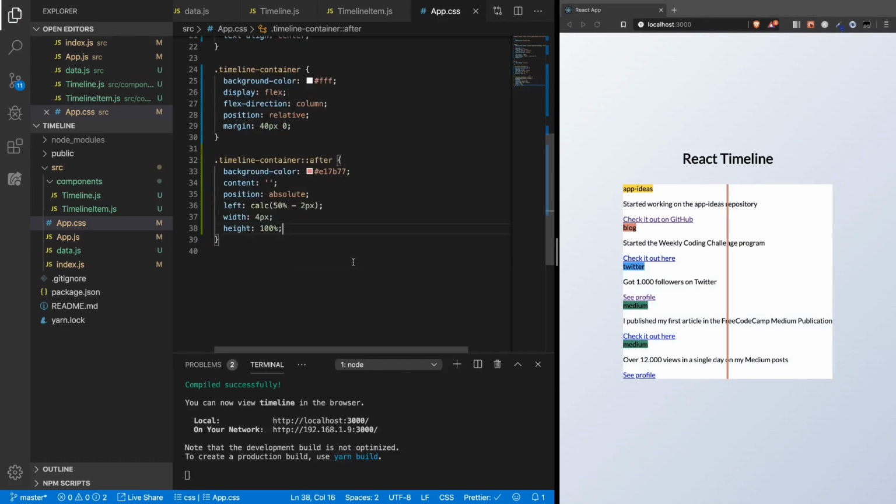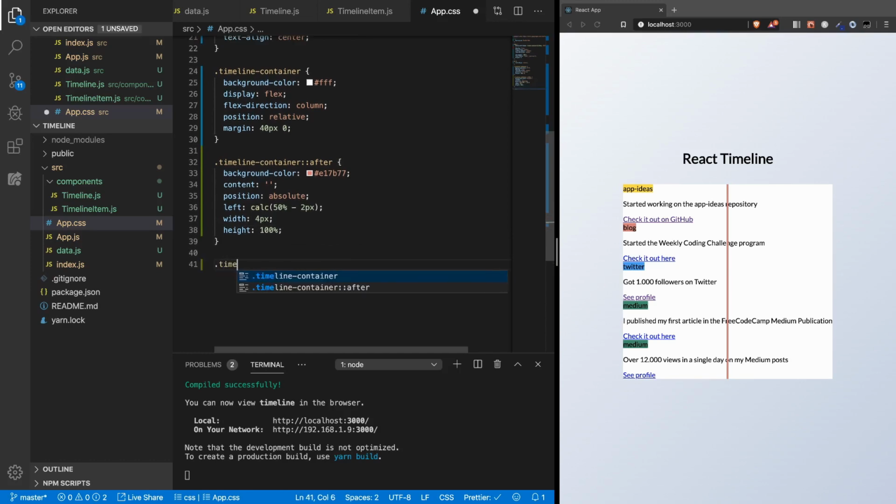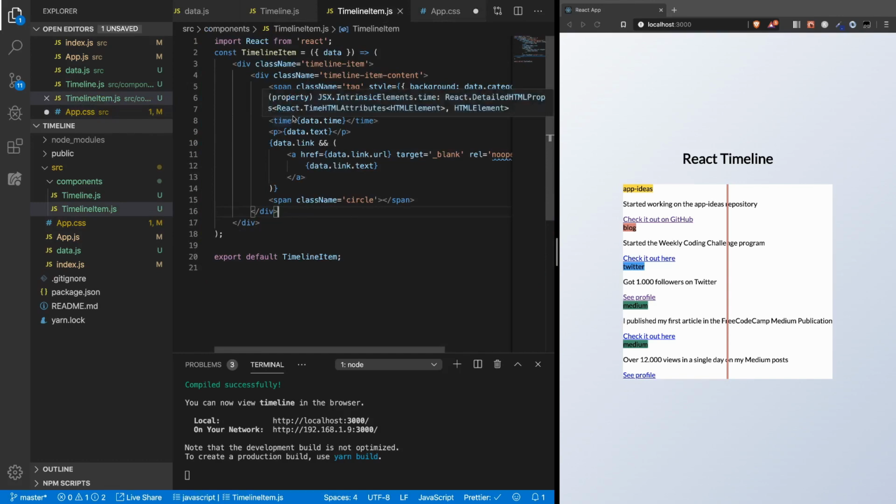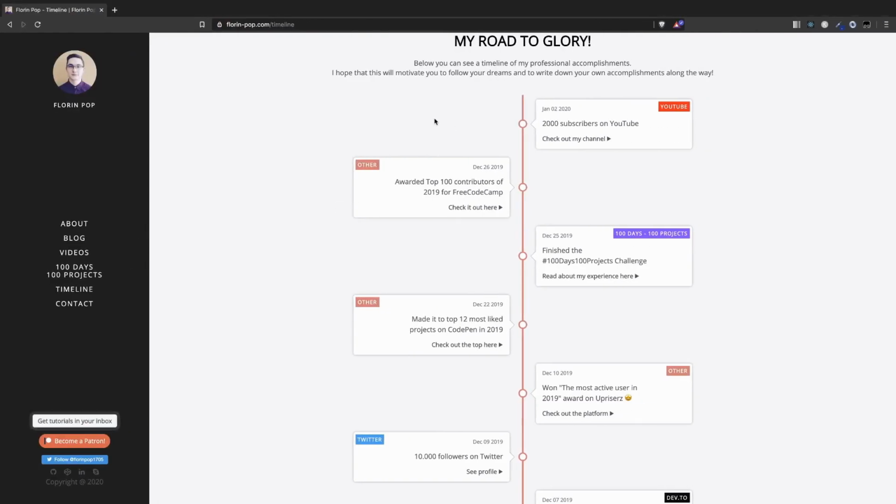Okay, now let's go to the timeline item. If you remember, here in the timeline item component, we have two wrappers. We have the timeline item and the timeline item content. And we need both of them because the first one will be half of the width of the parent, and then the second one will be 70% of the width of its own parent, so the timeline item. You can see here, if we go and inspect the element,